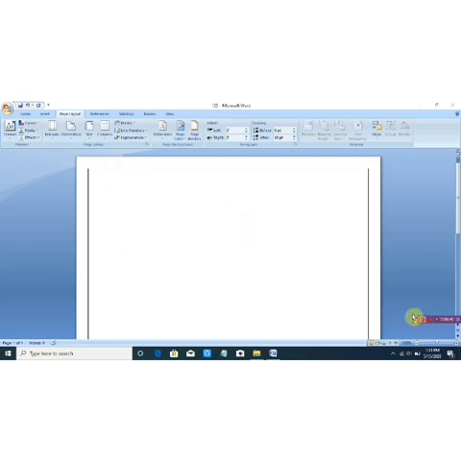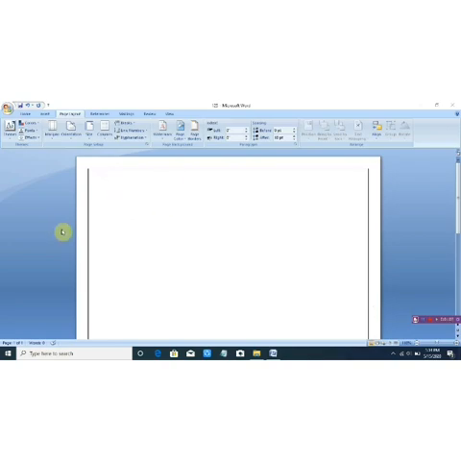We can change the setting of the page like margin, size, orientation, etc. Now let's see how we can change the page size, margin, orientation.